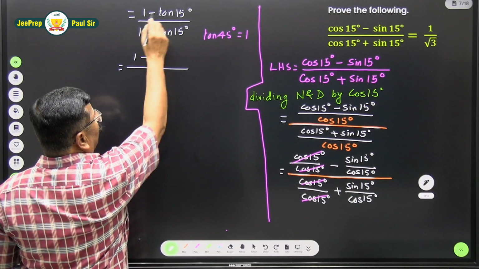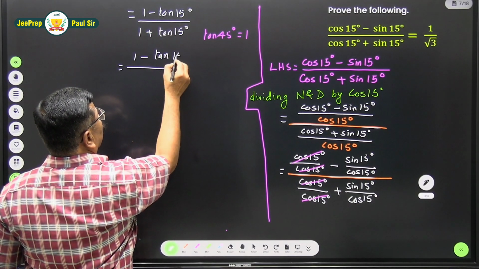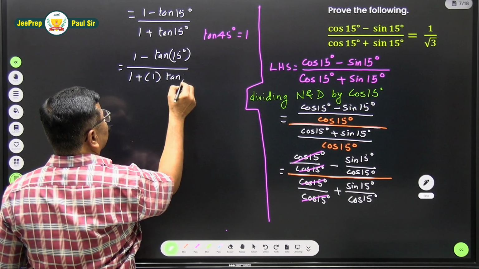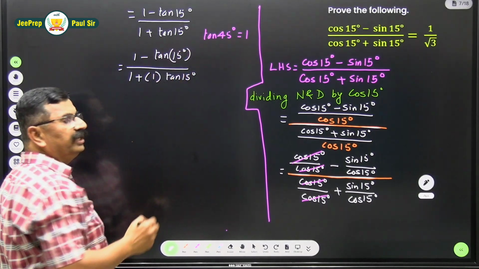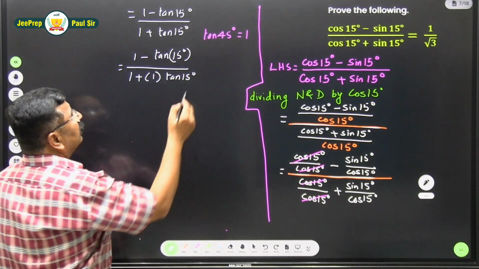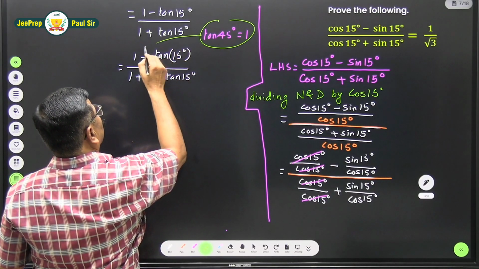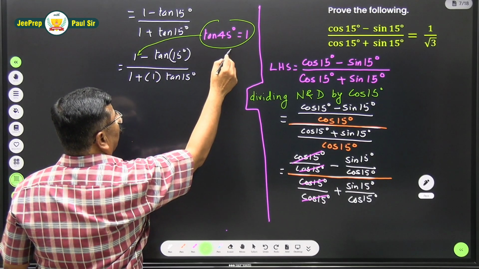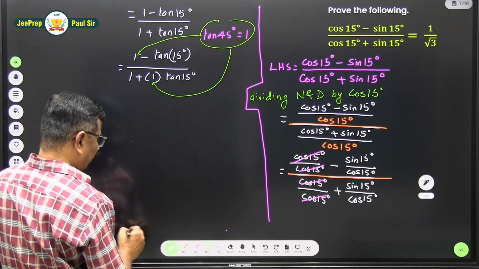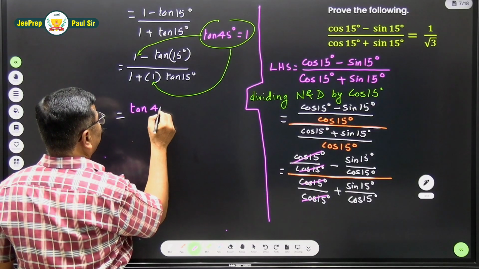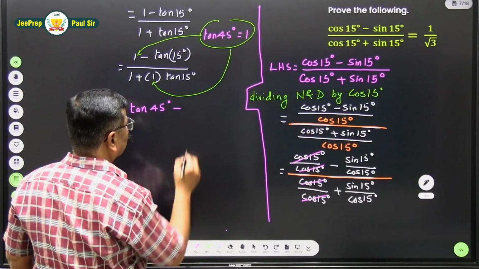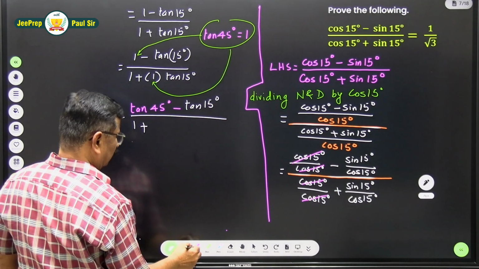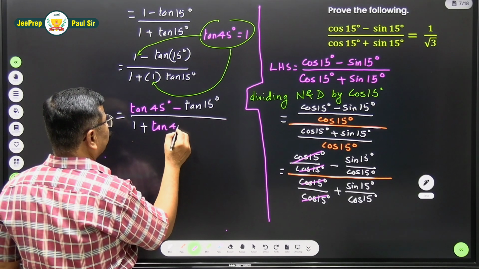So this is 1. The above expression I will modify like this: 1 minus 1 into tan 15 degrees divided by 1 plus 1 into tan 15 degrees. So I can write this plus tan 15 degrees as 1 into tan 15 degrees. Now this tan 45 degrees is equal to 1 can be used for this one and also for this one. So therefore this will be tan 45 degrees minus tan 15 degrees divided by 1 plus tan 45 degrees